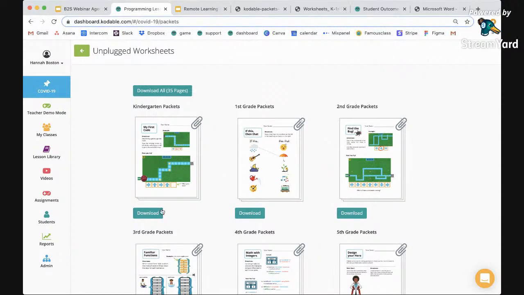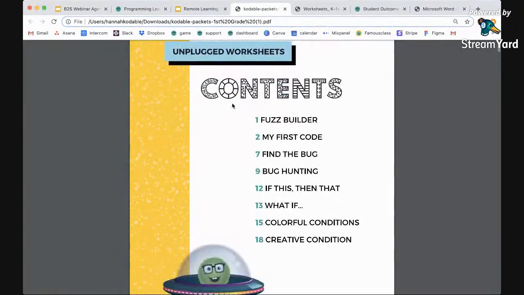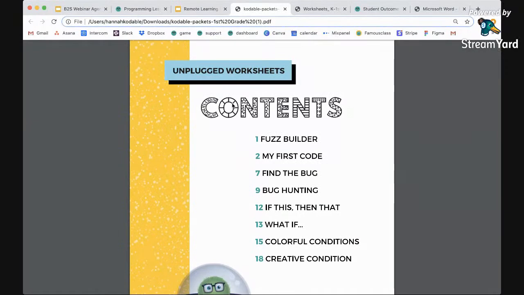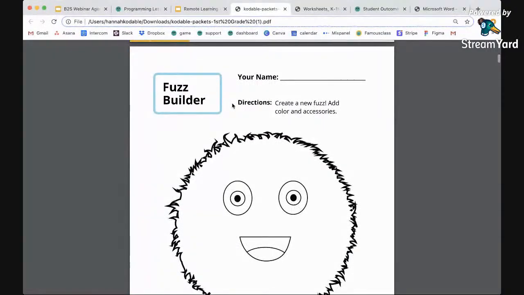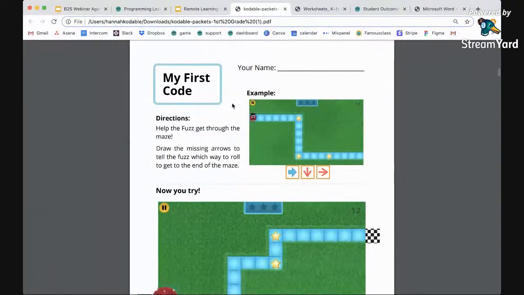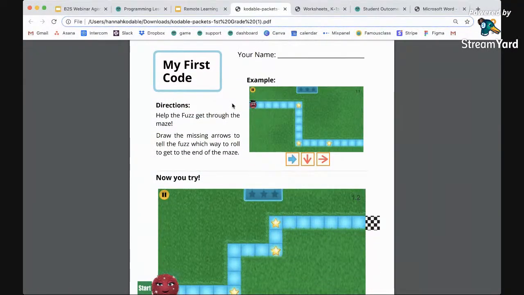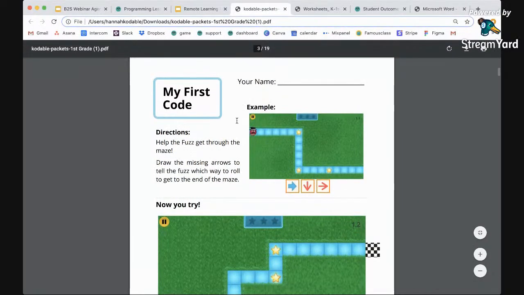And you can download these directly from this page. I will show you what they look like now. So there are quite a few worksheets in each packet, and I'm hoping to be developing more as the semester goes on. But these worksheets were designed to mirror the same experience that kids are getting in the game, but on paper. So they're broken down by concept,